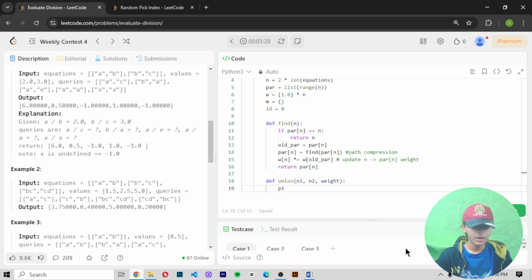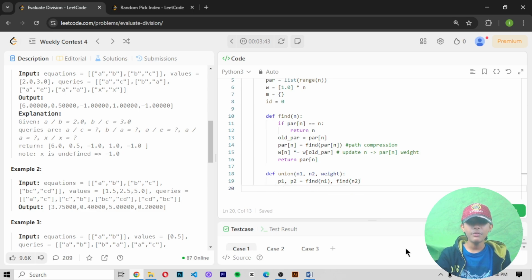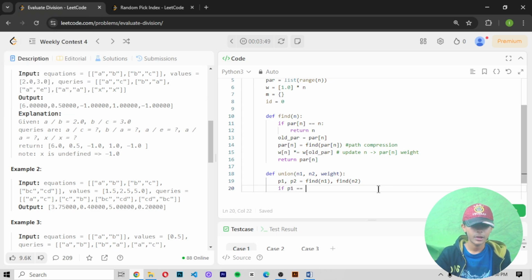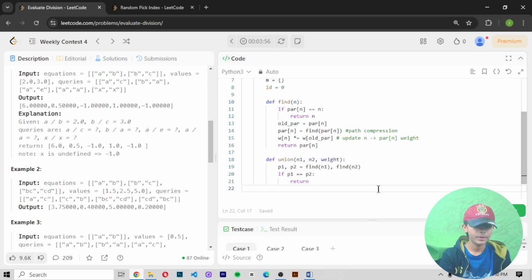Then p1, p2 equals find n1, find n2. Now when we define our p1 and p2, here we define: if p1 equals p2, then return.